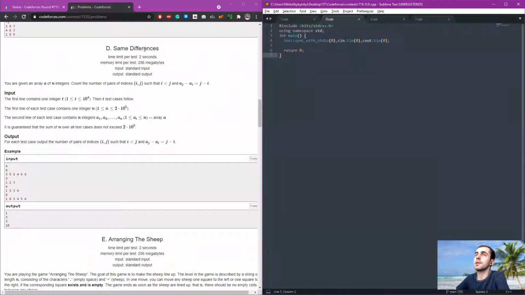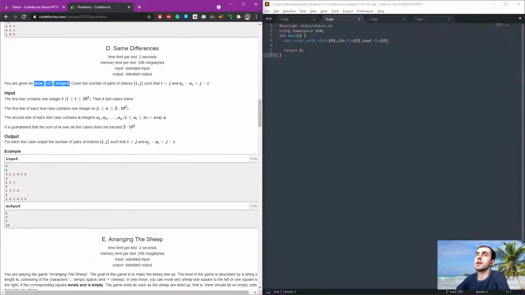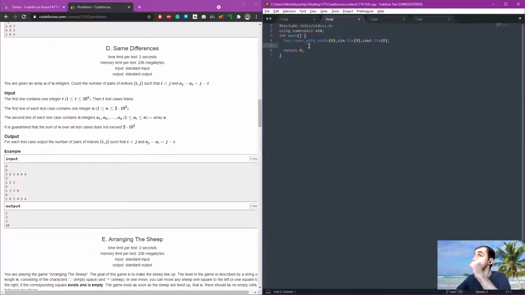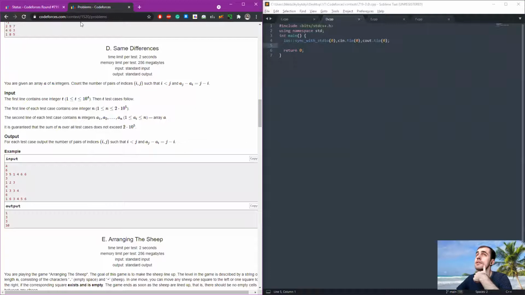Probably these same differences. We are given an array A of n integers. We want to count the number of pairs of indices i, j such that i is smaller than j and aj minus ai is j minus i. What can I say? It's boring. We create a hash like this. This equation is rewritten as